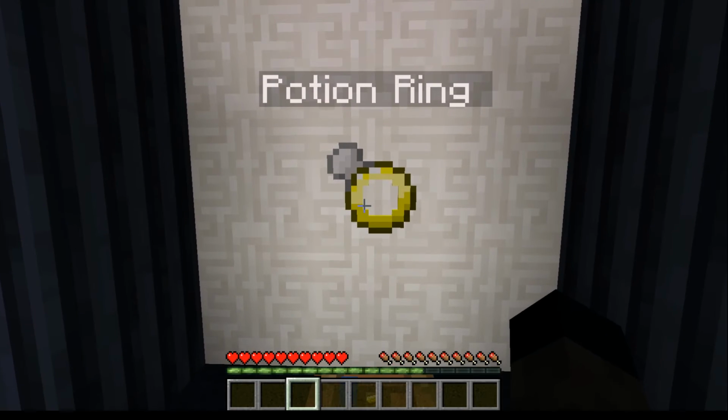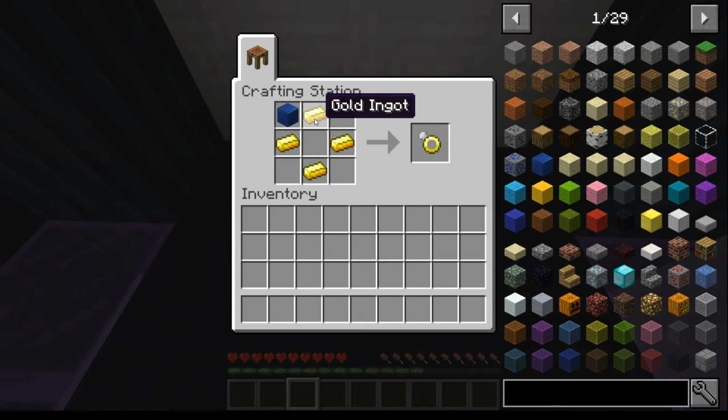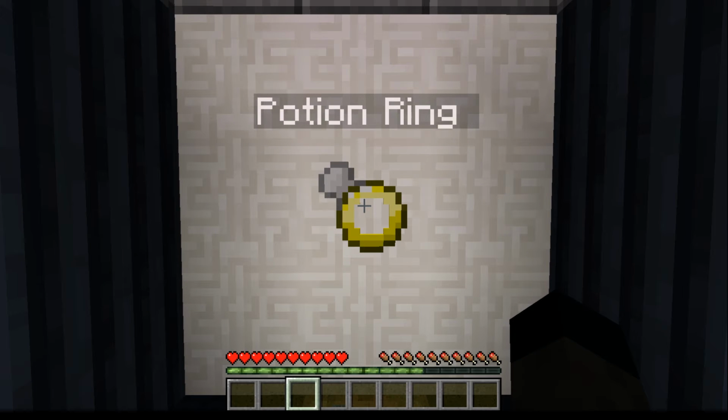But what this adds is a potion ring. A potion ring is 4 gold with a lapis block. It gives you a potion ring. Potion ring does nothing on its own, but if you combine it with a few things, it gives you the effects of a beacon. So,